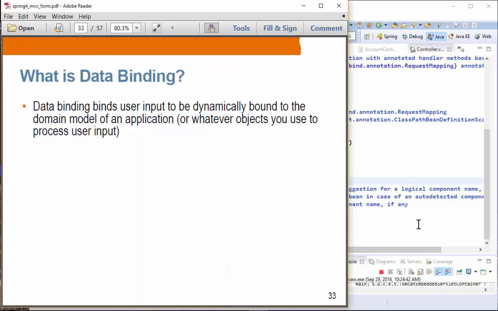Data binding binds user input to the domain model of an application, or whatever object you use to process input data. Basically, the things that are coming from the clients are a bunch of strings, right? And we need to convert those string values into an object, and that is data binding. Data binding is available in pretty much all web application frameworks, whether that is Rails or Grails or Spring MVC. All those frameworks have the concept of data binding in some fashion,